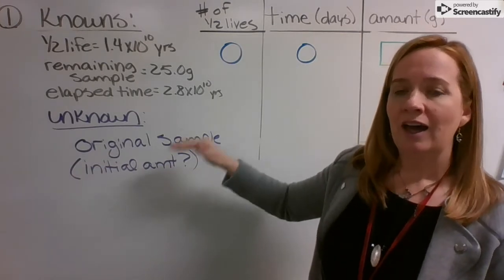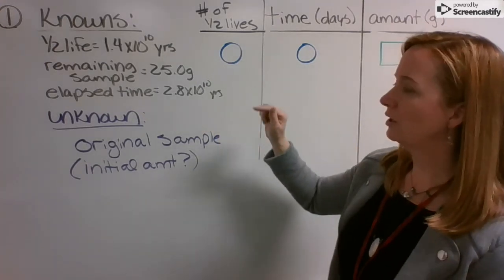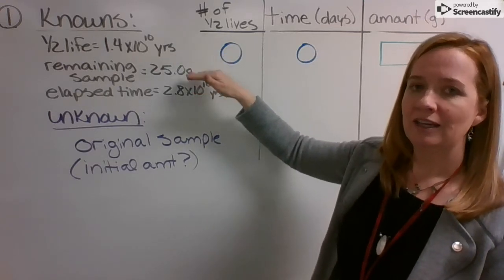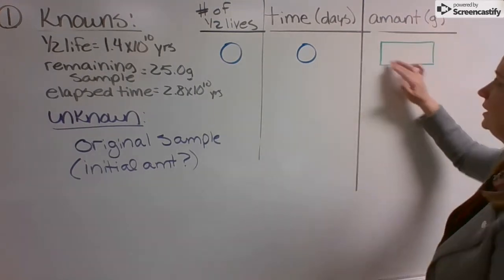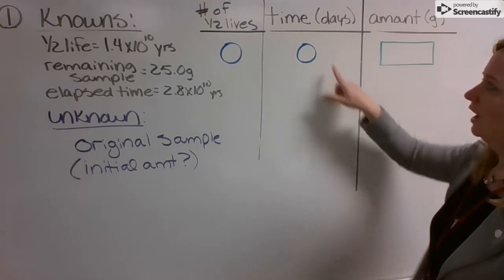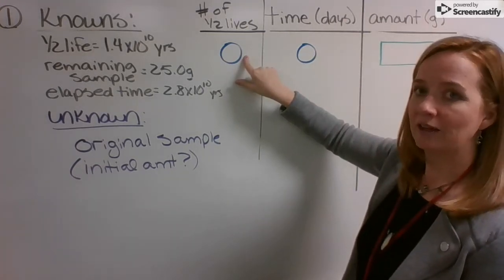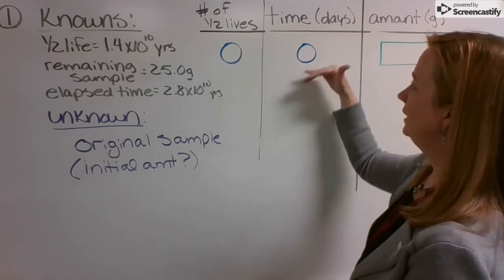So I'm calculating in my head, trying to think through, well, I started with what amount and ended with 25. So what we're going to have to do is go back. The green text box here is going to be what we're looking for. I have 0 amount of time that has elapsed for 0 half-lives. So what do I know? I'm going to start by filling in my elapsed time,